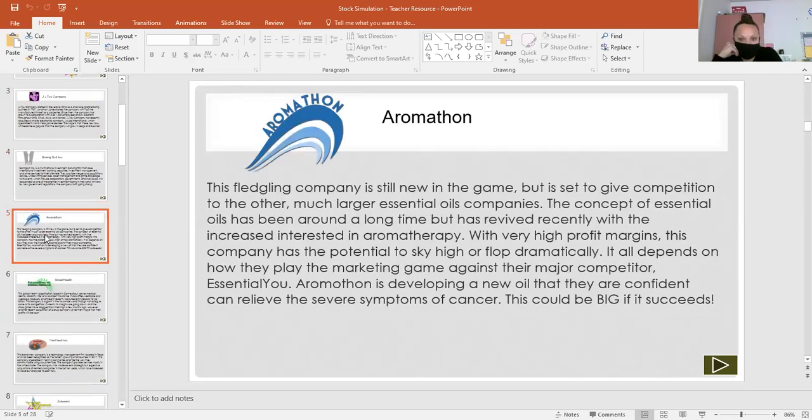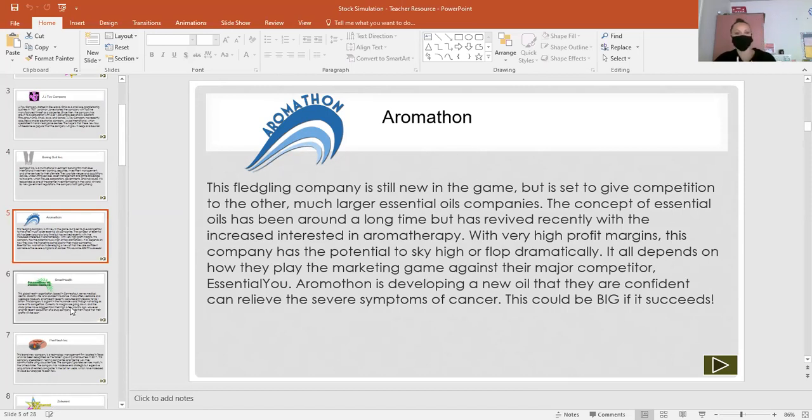Aromathon, this fledgling company, is still new in the game, but is set to give competition to the other much larger essential oil companies. The concept of essential oils has been around a long time, but has revived recently with the increased interest in aromatherapy. With very high profit margins, this company has the potential to sky high or flop dramatically. It all depends on how they play their marketing game against the major competitor, Essential U. Aromathon is developing a new oil that they are confident can relieve the severe symptoms of cancer. This could be